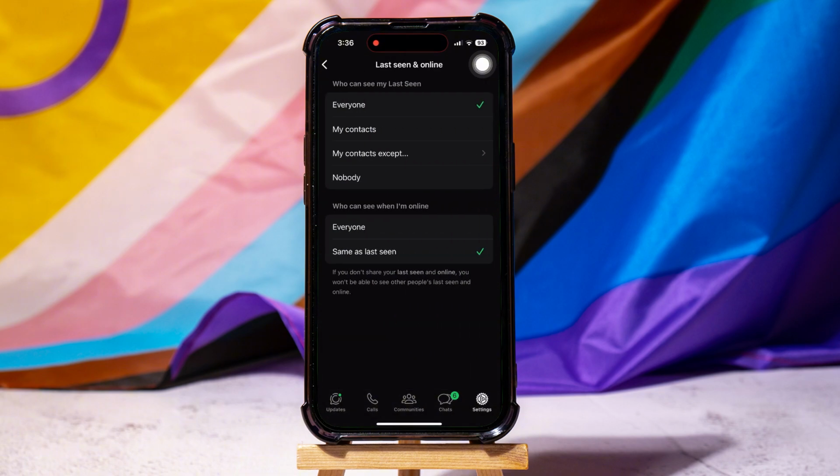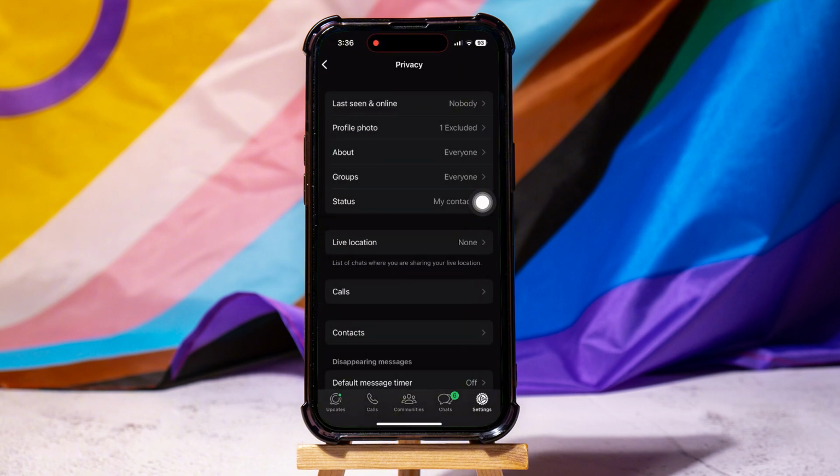Here, you can choose who can see your last seen and when you're online on WhatsApp. Select Nobody under the Who Can See My Last Seen section. Also, make sure that the next section is set to same as last seen. If you don't share your last seen and online, you won't be able to see other people's last seen and